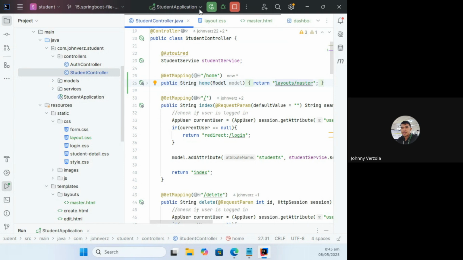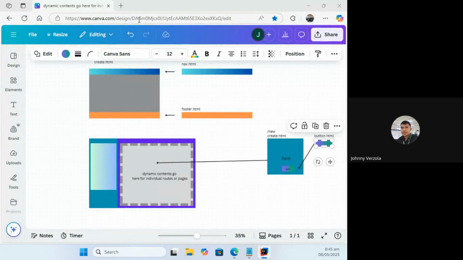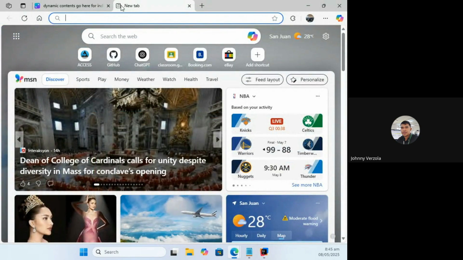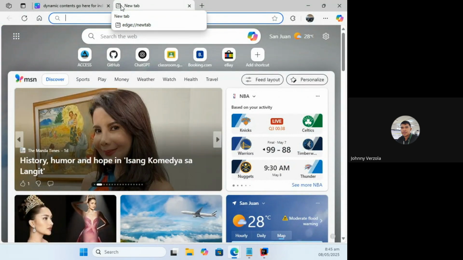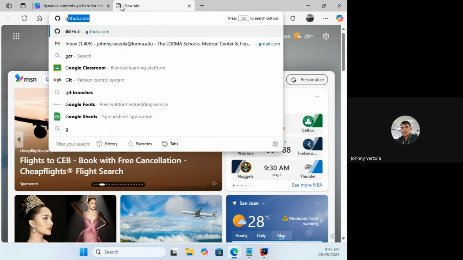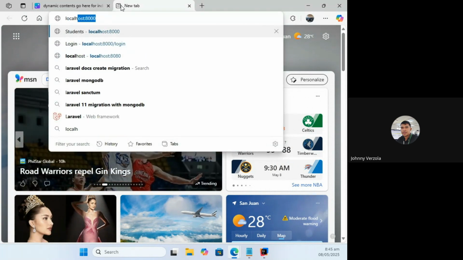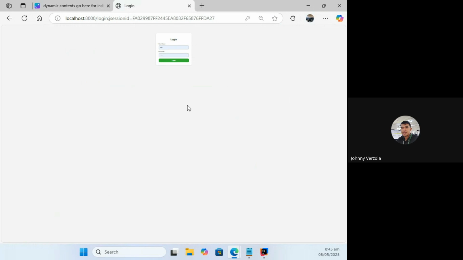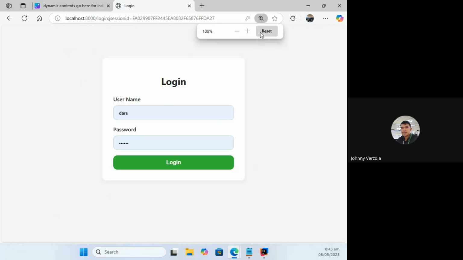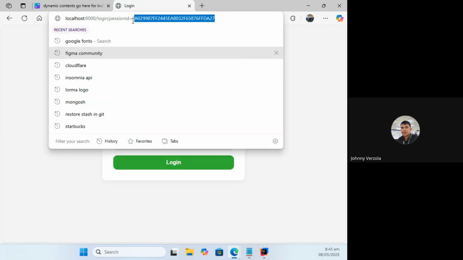Okay. So let me just see what our layout looks like right now. I'm not going to continue on the CSS. We will deal with that later on the web dev. Go to localhost:8000/home. Okay, we have this already.